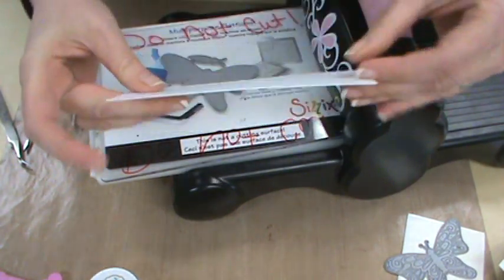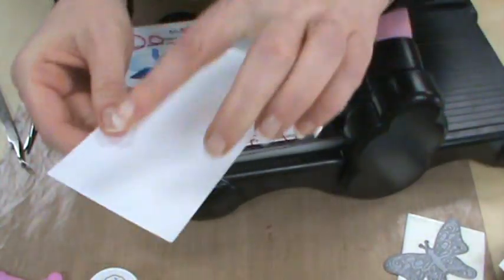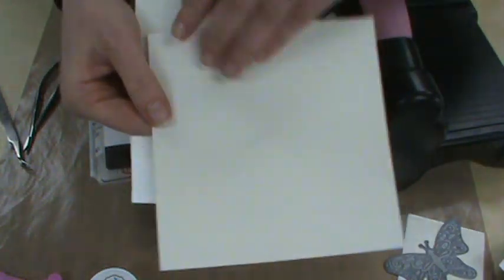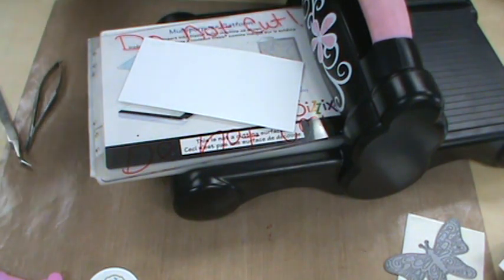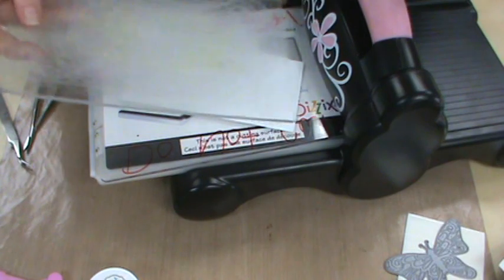I have my sticker, my L's tape that's right on my cardstock, and I've cut it in half. I took a 6x6 piece and I just cut it in half. And I'm going to line it up with my die there. I'm going to put my second clear plate over the top because you always sandwich with a Sizzix Big Shot